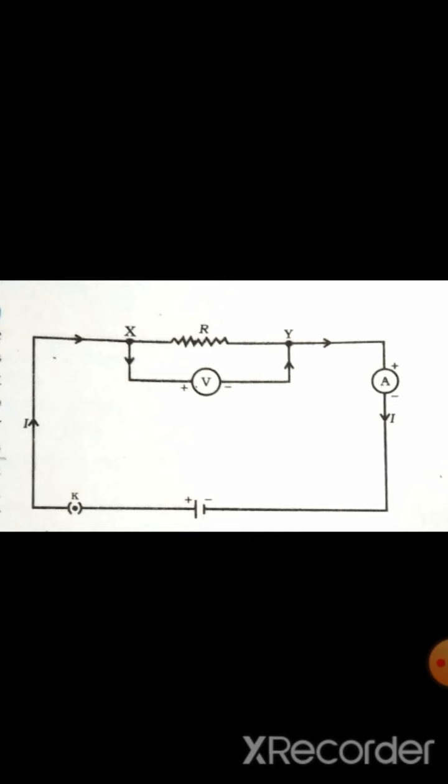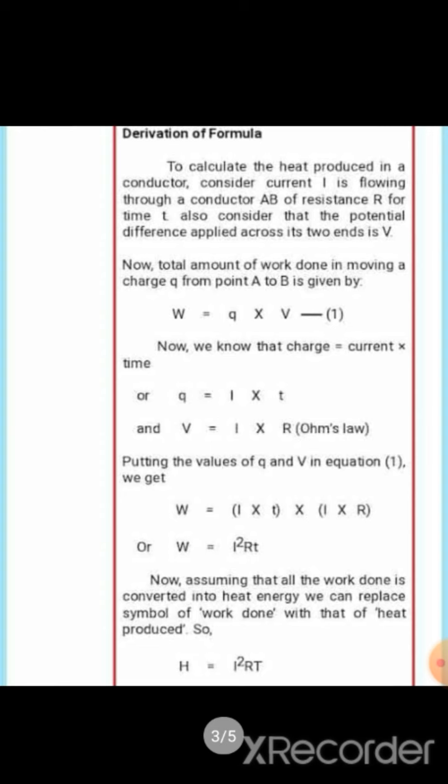Now, consider that a charge Q flows through it in a time T. So, a charge Q is flowing through the resistor for a time T. Then, the work done to move the charge Q through a potential difference V will be equal to V into Q. W equal to V into Q. We have learned this formula when we discussed potential difference. This means that the cell must supply an energy equal to V into Q.